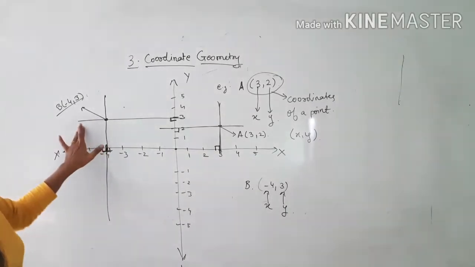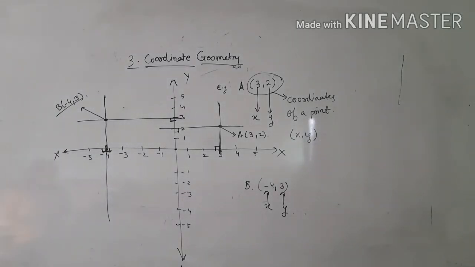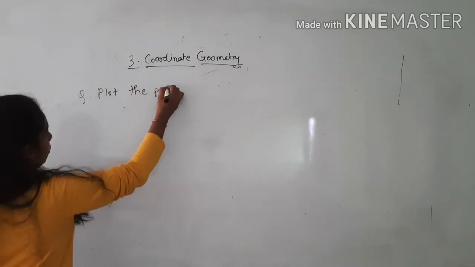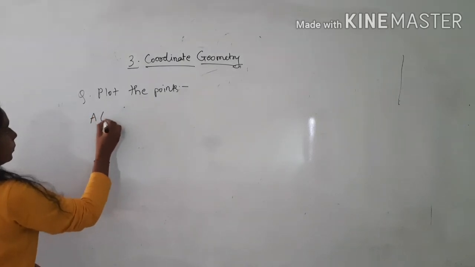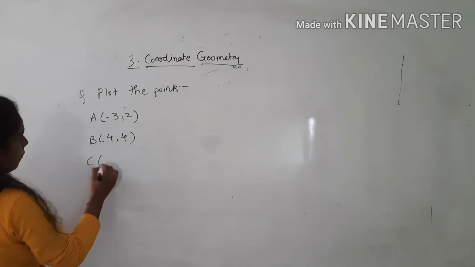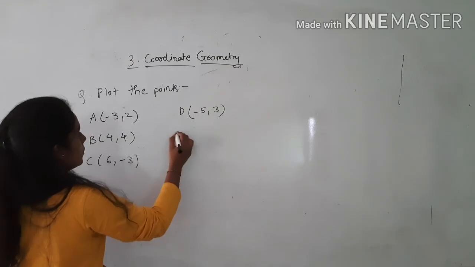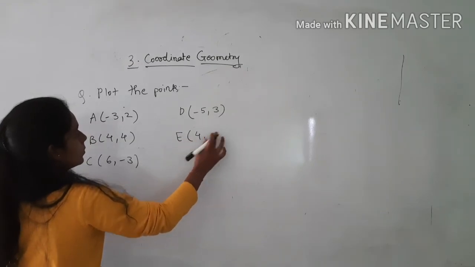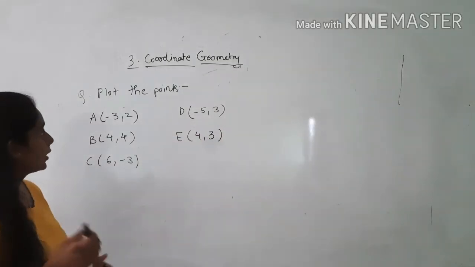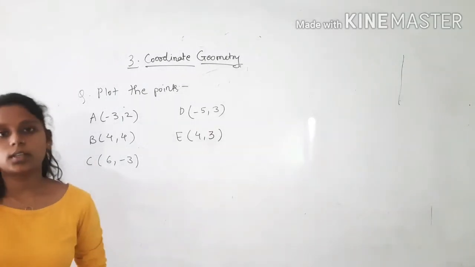Okay. So after drawing the perpendiculars, you get an intersection point and that is our required point. I want all of you to draw it in your notebooks. These are the examples which you will try in your graph notebook. Plot the points, and if you have any doubt about plotting the points, you are going to ask me in your session. Okay students?